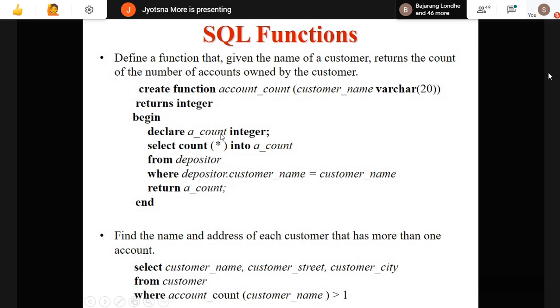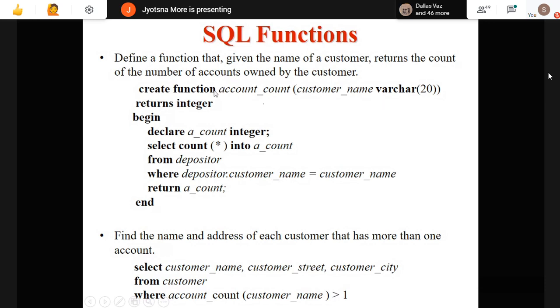Declare a count as integer, because I am going to store the value in this. So I am declaring this variable as integer. Select count star into a count, a count is the variable which I have just now created, from the depositor table, where depositor dot customer name is equal to customer name.